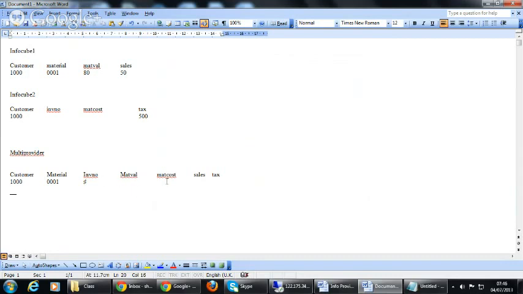And for the material value, you have 80. For material cost, you don't have the value. So for the key figures, it will be 0. Sales, we have value. Tax, we have value. So here what I want to show is that when you bring two or more info providers into the context in a multi-provider, its main task is to consolidate the data.